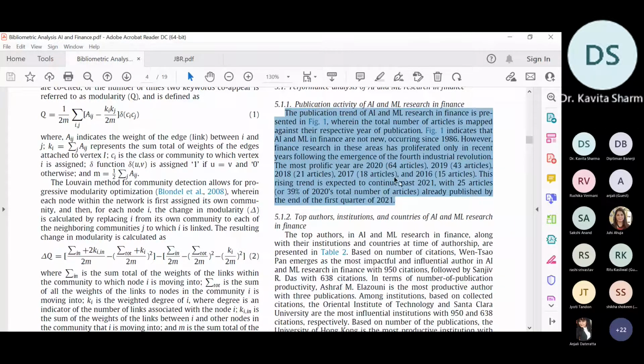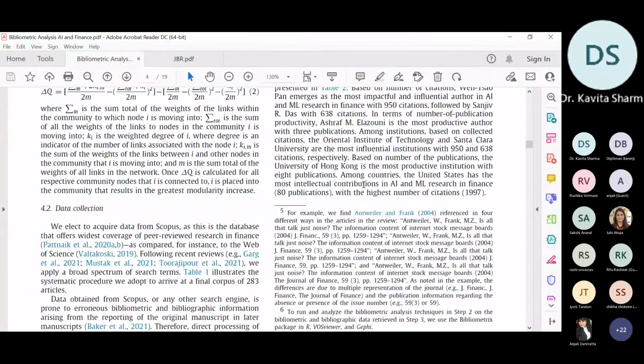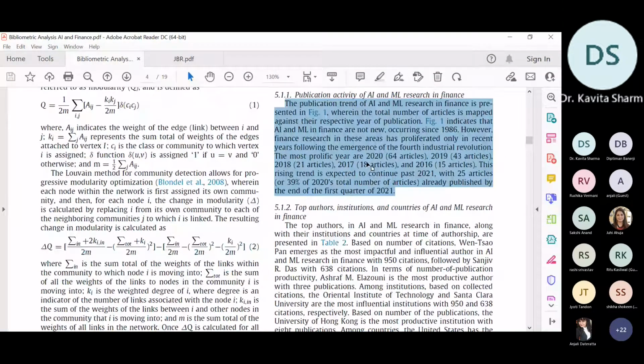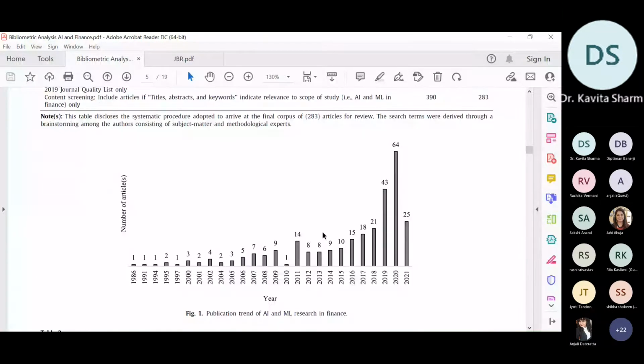In this way you are going to analyze and write, and 39% of the total publications have come from 2020 only. This is sufficient. Less than 100 words have been used for interpreting figure 1.